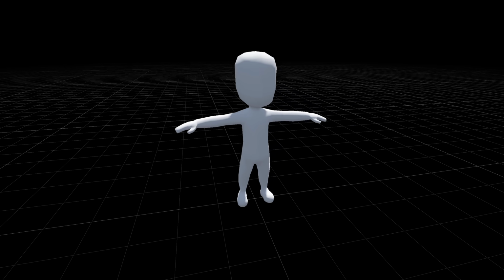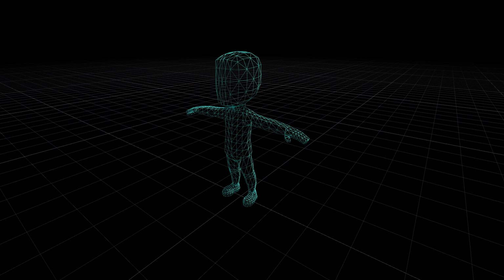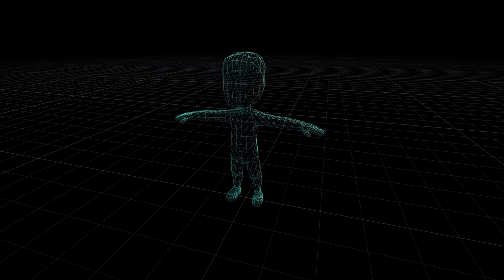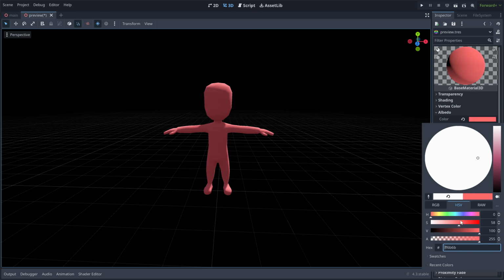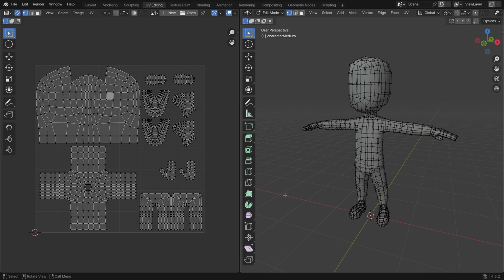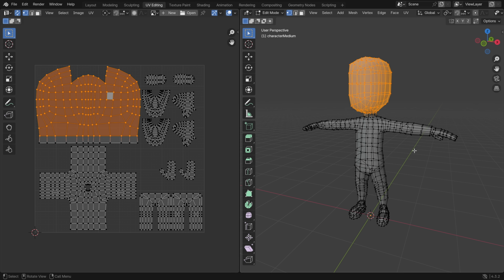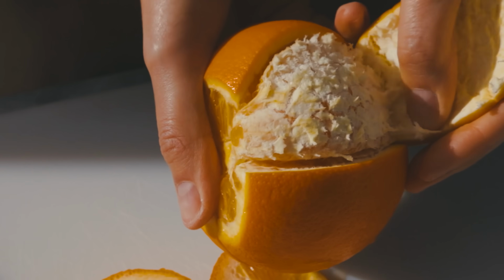The shape of our model is called the mesh. It's the actual geometry or polygons that make up the object. We can easily assign a color to a mesh, but if we want to texture it by painting with multiple colors, we need to make a UV map. A UV map is a 2D representation of our mesh. Each point on the map refers to a point on the mesh. This is called unwrapping, and you can think of it like peeling an orange and then laying the peel out